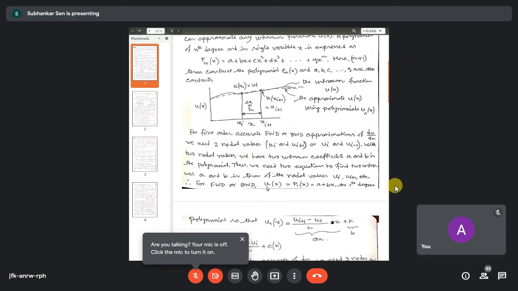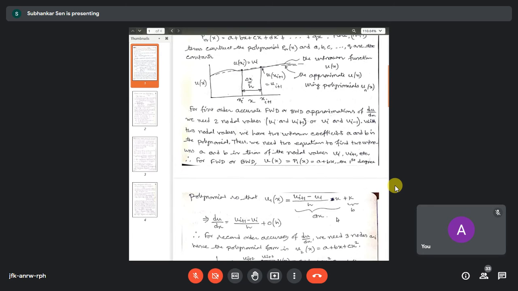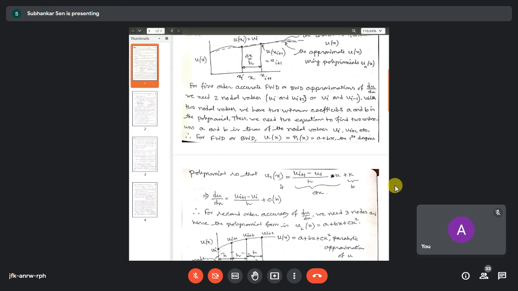So if you are taking ux equals to p1x, x to the power 1, because of that it is 1. Okay. So this is the generic form. Then if you are taking this term, we can write it in this manner actually. Then you will understand things. Suppose for forward difference or backward difference, let us consider forward difference. So if we are writing u1x equals to a plus bx, for example, b is the coefficient and this is ax. U1 means this first degree polynomial.